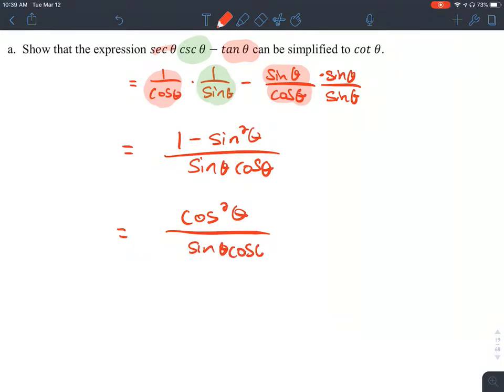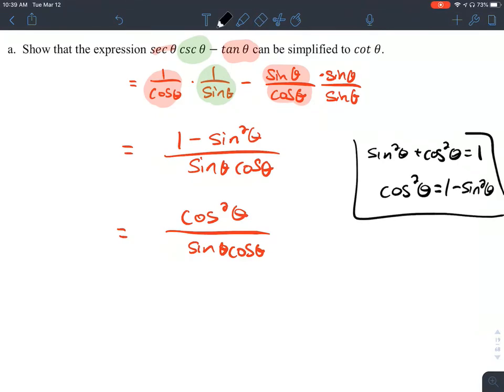Let me give you a little bit of an explanation for that. Sine squared of theta plus cosine squared of theta is 1. That was our first Pythagorean identity. If we subtract sine squared of theta from both sides, we're going to get cosine squared of theta equals 1 minus sine squared of theta, which is how I was able to take this in the problem and replace it